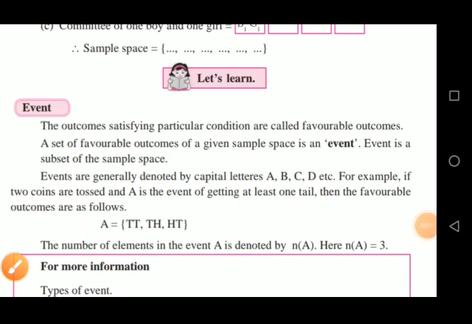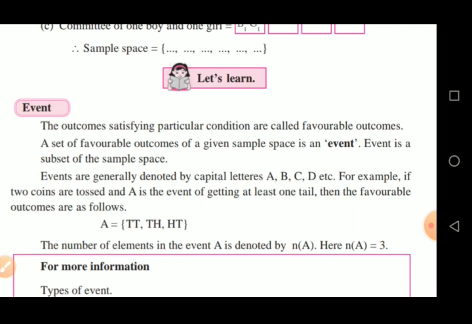Students, now we are learning about the event. The outcomes satisfying a particular condition are called favorable outcomes. The outcomes of the random experiment which satisfy the given particular condition are called favorable outcomes. And the set of all favorable outcomes of a given sample space is an event, and that event is a subset of the sample space,